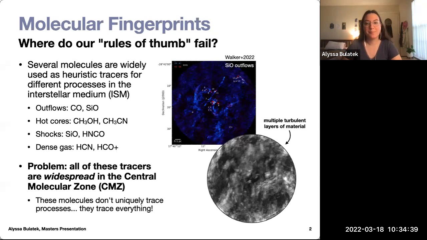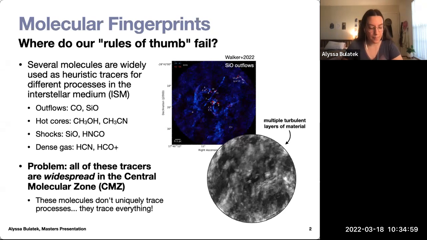And I was like, cool. This is actively being talked about in the literature. So I've listed some molecules here that are used to trace a couple of different star formation specific processes like outflows, hot cores, etc. And you'll see the molecules that I listed here are frequently used to trace each of these